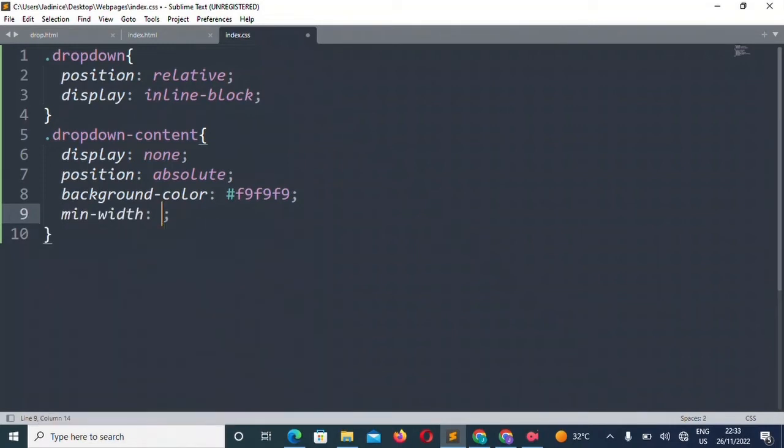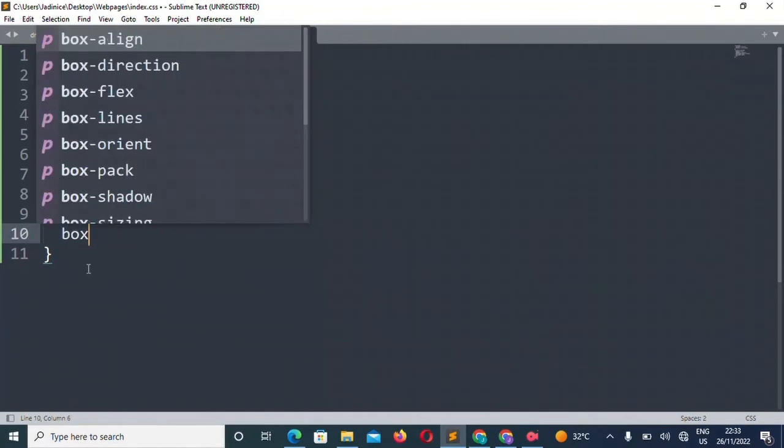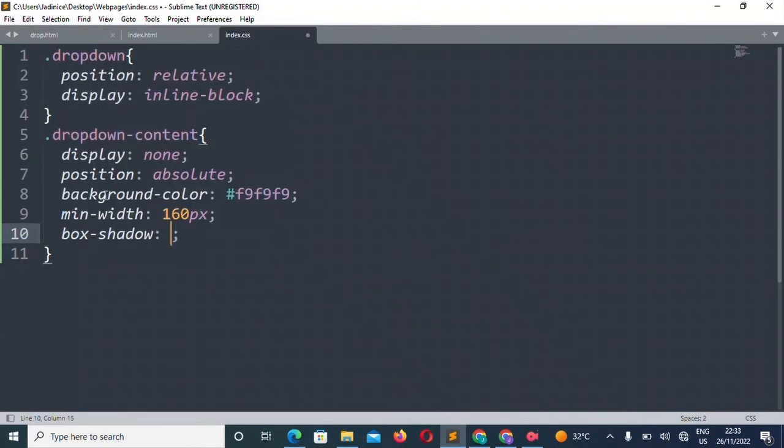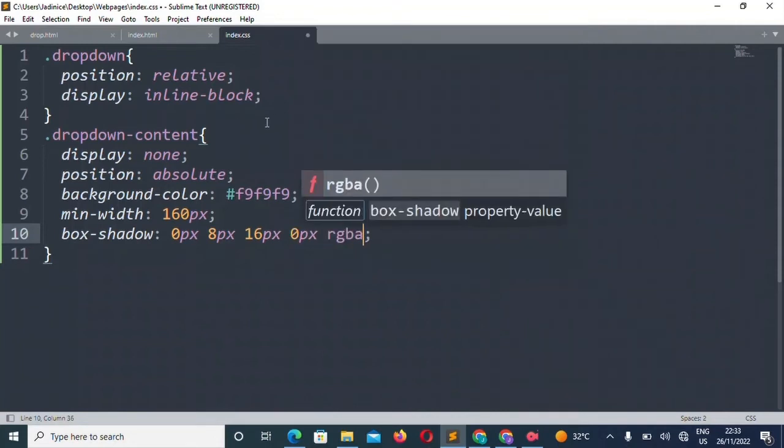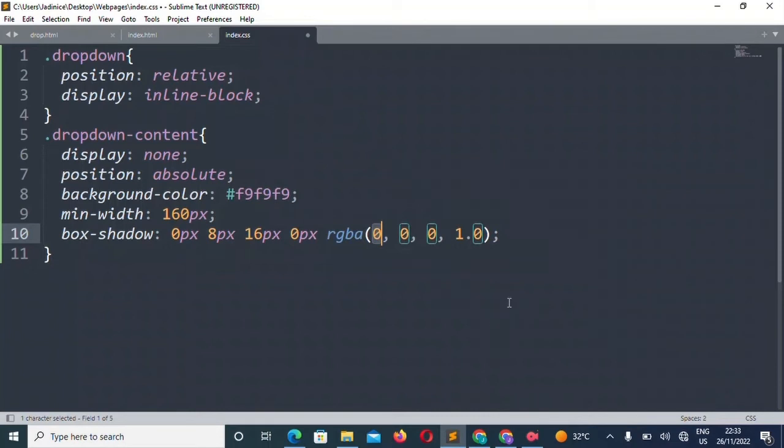The min width, 160 pixels, the box shadow 0 pixels, 8 pixel, 16 pixel, 0 pixel, RGBA, and we'll make this 0.2.